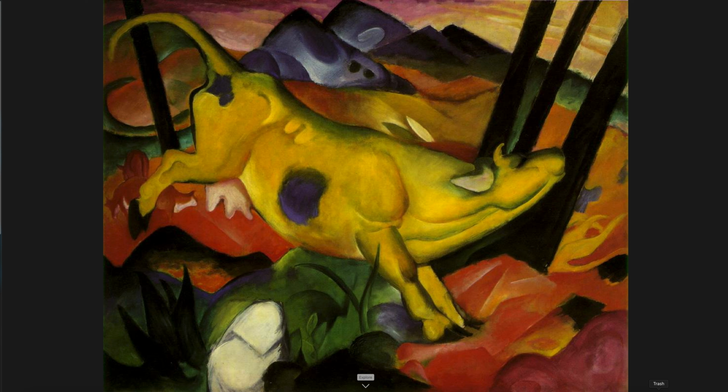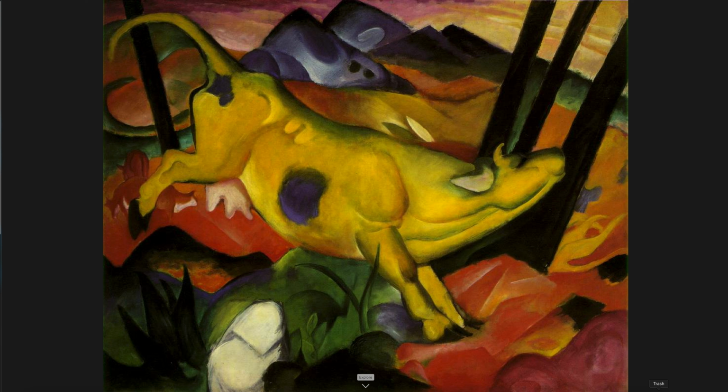This artist, Franz Marc, was one of the infamous artists that Hitler hated. This particular painting was one Hitler disliked because this yellow cow was so unnatural. Hitler's remarks were, "How could a cow be yellow?" And it's a happy cow also. It's smiling. And how could animals be smiling?